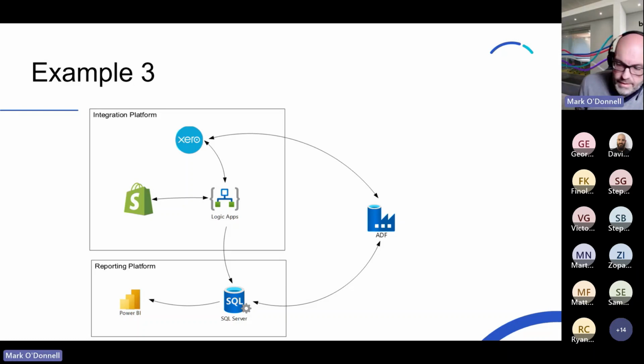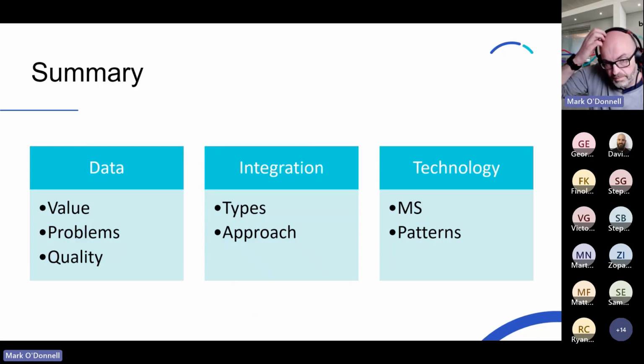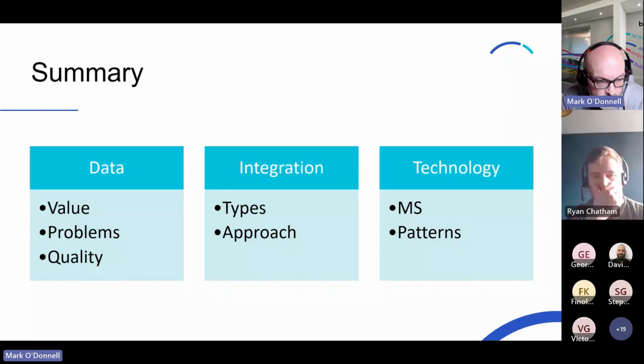And that's really it. That's all I was really going to talk about today. So in summary, we've talked about data and the value of it, the problems that you might face with disparate systems trying to get consistent processes. We talked about integrating components and why you might want to use a platform approach and how that platform can be enabled with added benefit like the BI stuff. And then we talked about the Microsoft components that can be used to do this, and some of the architectural patterns that you might actually want to look at to support that journey. So that's really the end of the show.